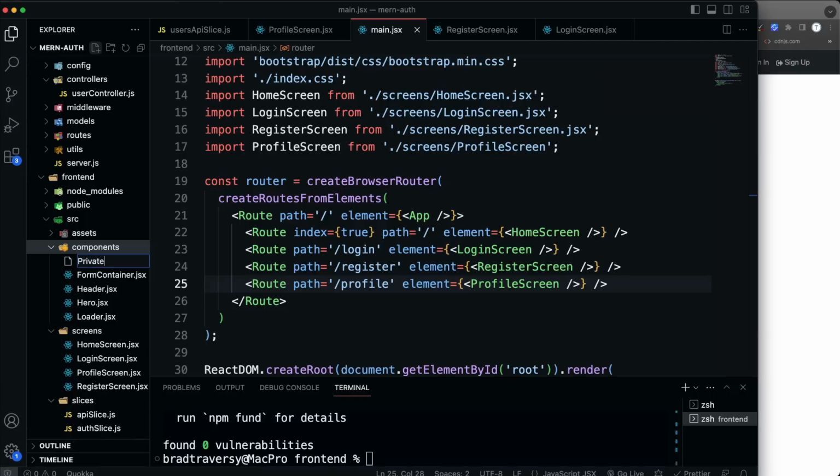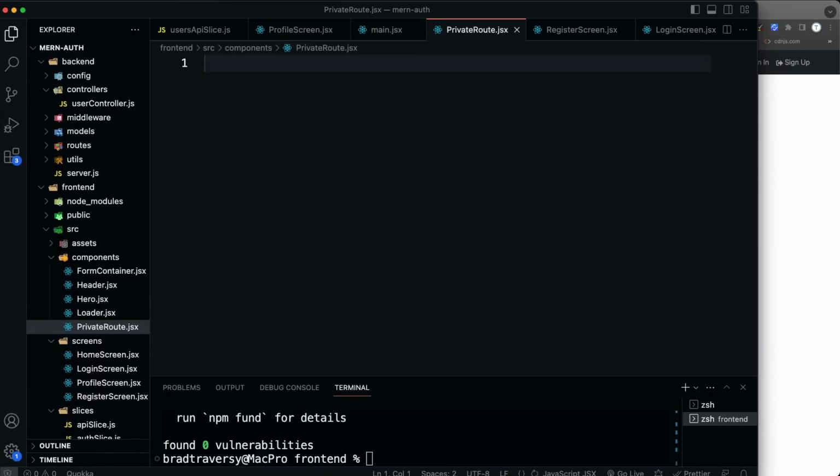So it's going to be called PrivateRoute.jsx. And this is actually going to be pretty simple. So we're going to just import a couple things from React Router. We want Navigate, not useNavigate, but Navigate, which is actually a component that you can use to redirect rather than a function. And then we also want the Outlet, and that's going to be from